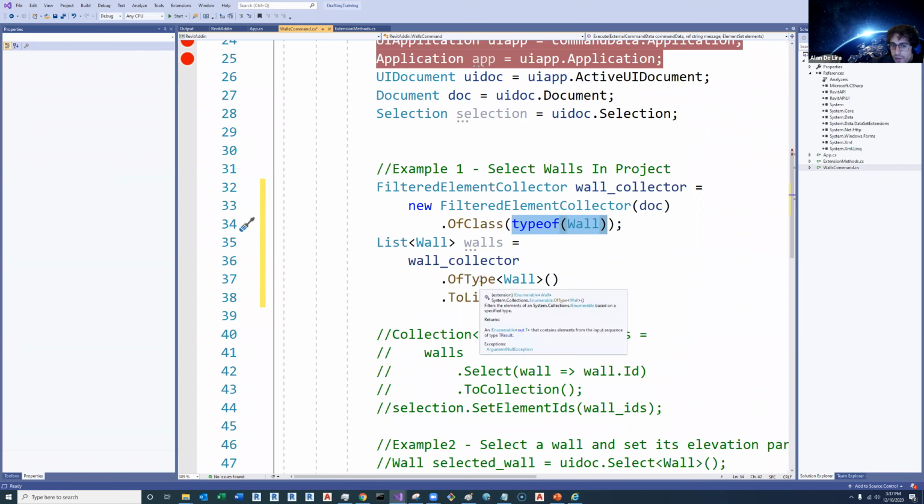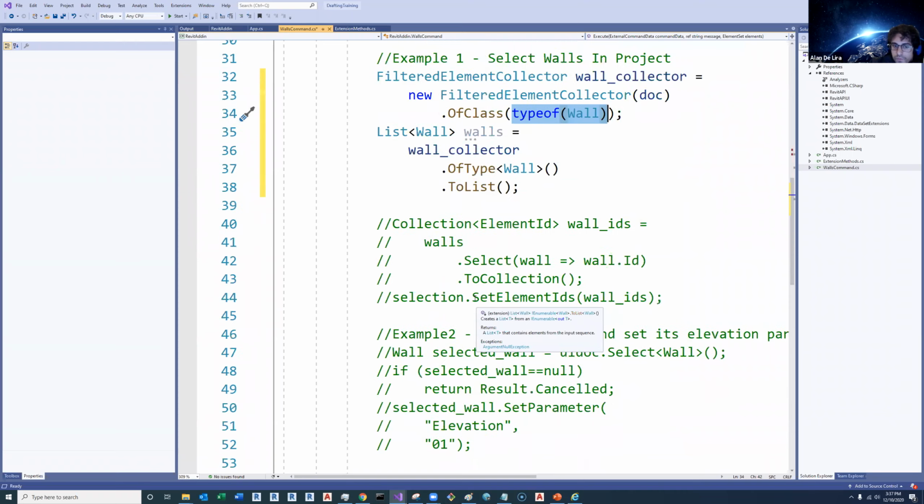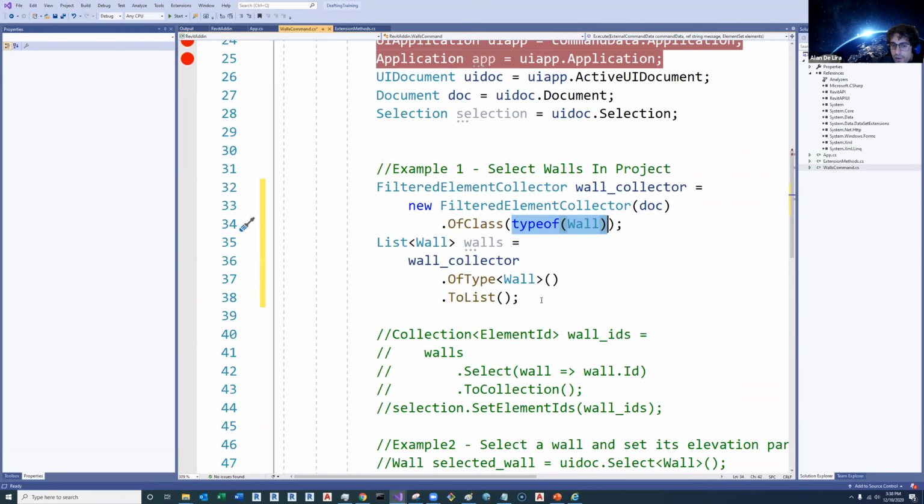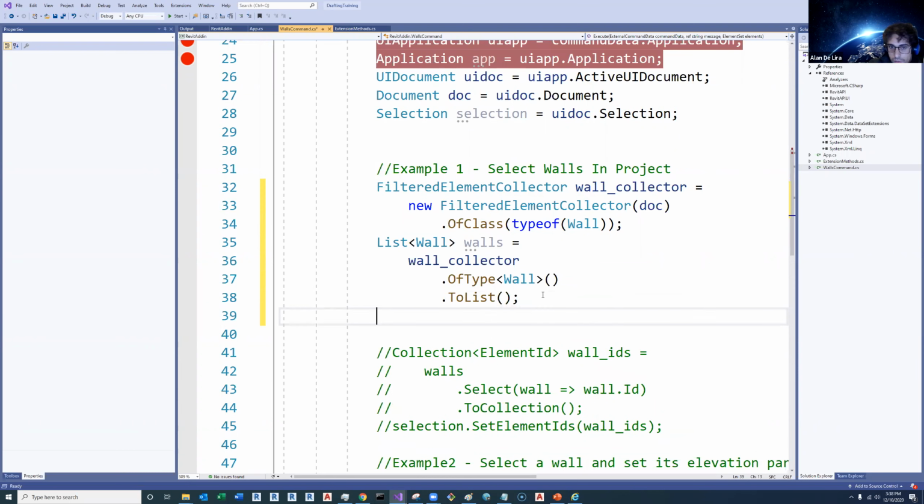And you're using another LINQ method called OfType, which filters out only items of type wall, and you're putting it into a list type of collection. It looks like I actually left a line out, so we'll just add it ourselves. So what we've done right here is we've gotten all of the walls in your project into a list, but